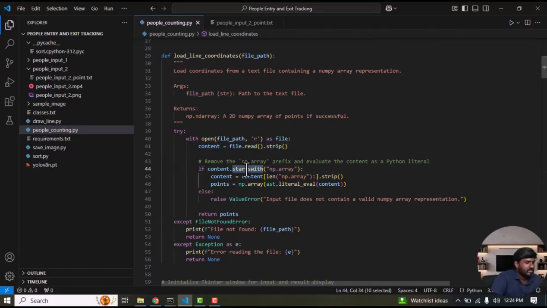First, we need to check whether the data starts with NP array. If NP array is present, then we can access the data and store it as points. If none of the data in the txt file is present, the file does not contain any valid numerical array representation. If the file is not found in the folder, then we should display a file not found message. If there is no valid information in the txt file, then we should display an error indicating that the file